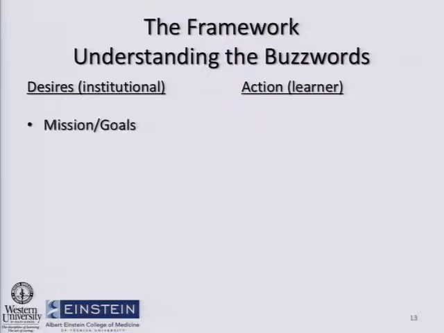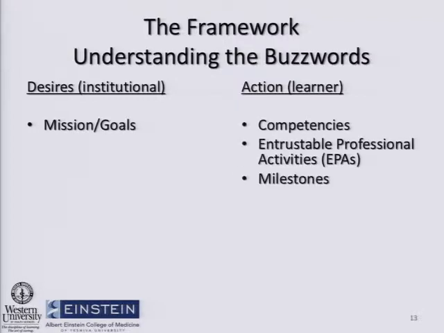First, an institution has missions and goals. These are usually very lofty, nice and wonderful, but not measurable. What we can do is that for a student, they have either achieved a competency. In medical education, we have things called entrustable professional activities. These are things, or EPAs, that the student is capable of doing on their own, are trusted